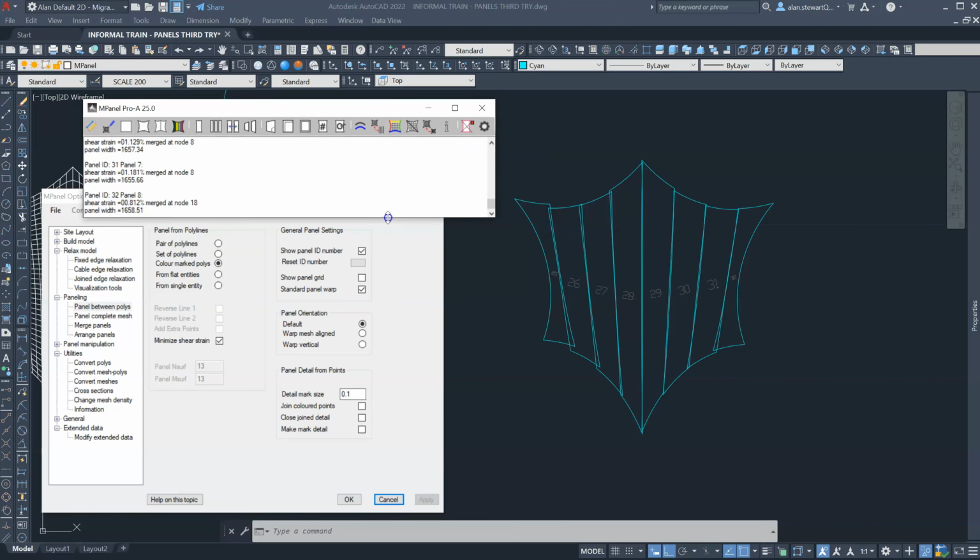And we can also see that the average width, after we did the cross sections in the first instance, we actually get a message from MPanel to tell us that the average spacing is 1659. If your fabric is narrower than this, then you would simply adjust the number of cross sections to suit your